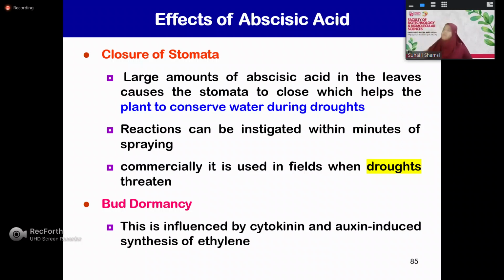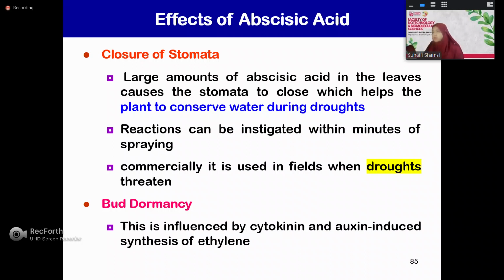So that's why we have different types of plants. We have C3 plants, we have C4 plants, and we have CAM plants. And it all depends on the temperature. So with extreme temperature in the desert, we have the stomata being closed during the day, and it will only open up during the night, right? So abscisic acid induces closure of stomata in order to preserve the moisture in the plants during extreme